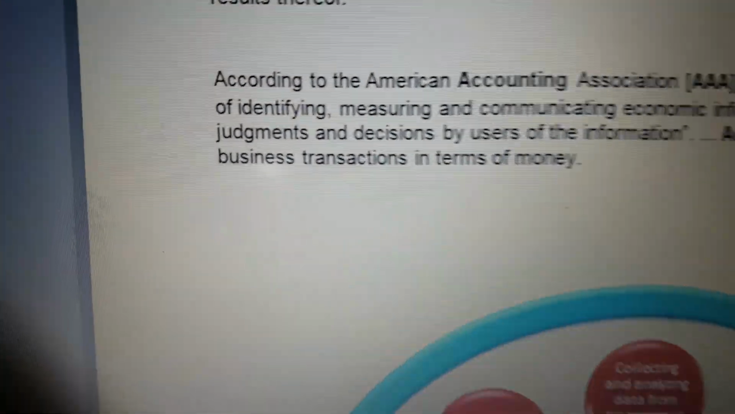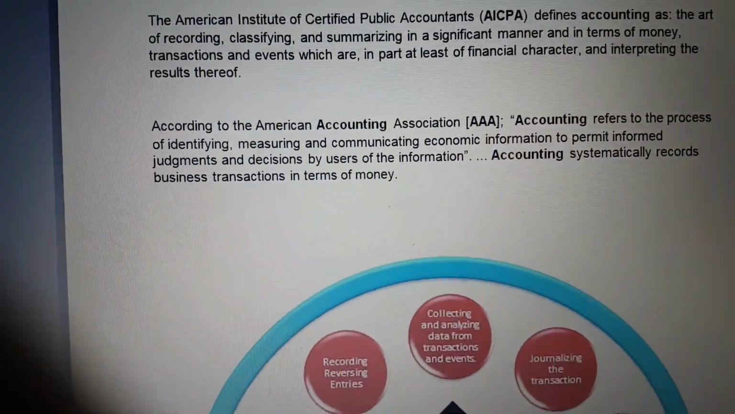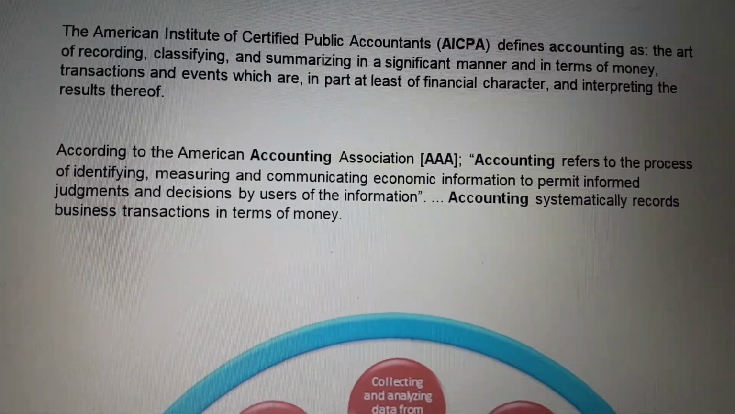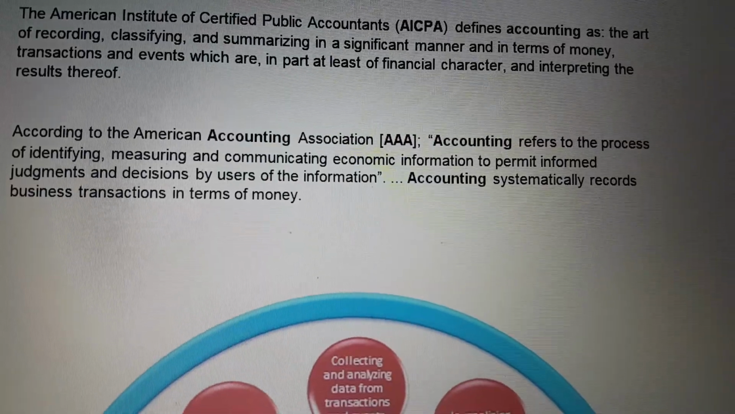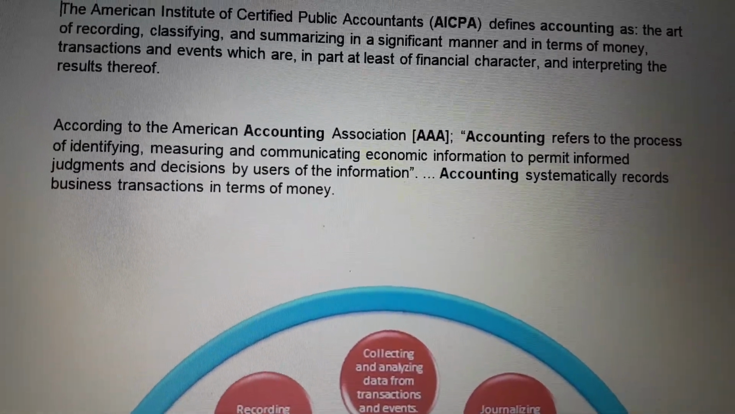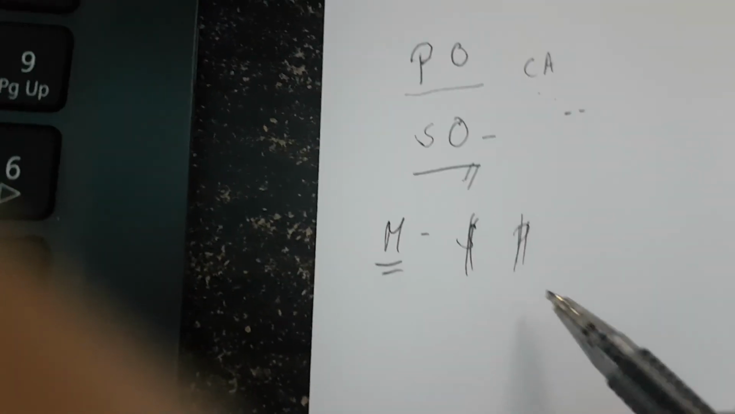Next, we have the so-called measuring. Measuring is the time that we measure the value of each account that we have to journalize. For example, was the transaction in terms of money, or in terms of what kind of monetary value? Was it in dollar? Was it in Philippine peso? Before, according to our law, all transactions should be